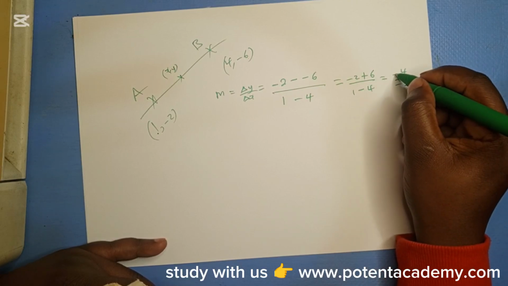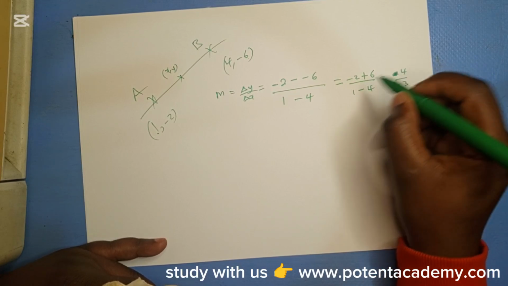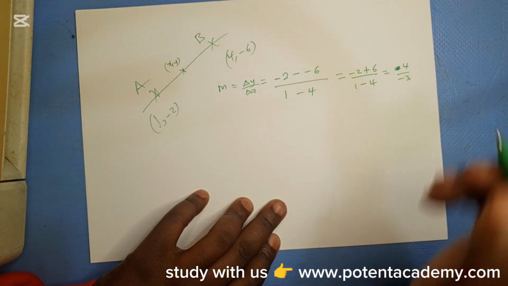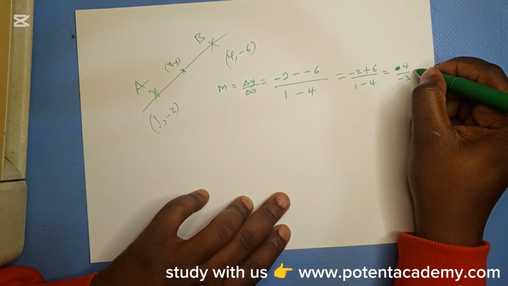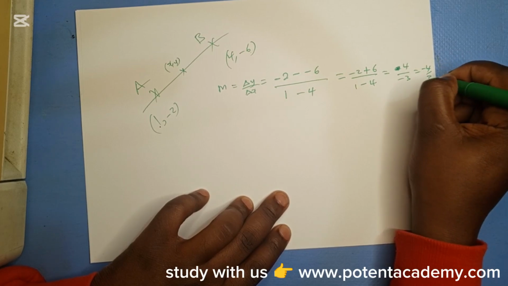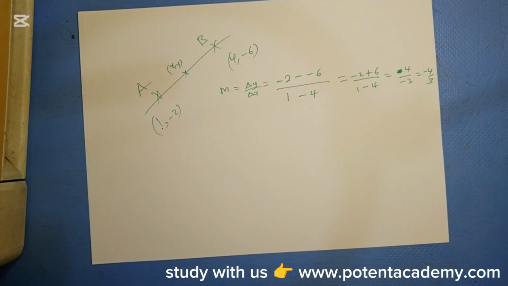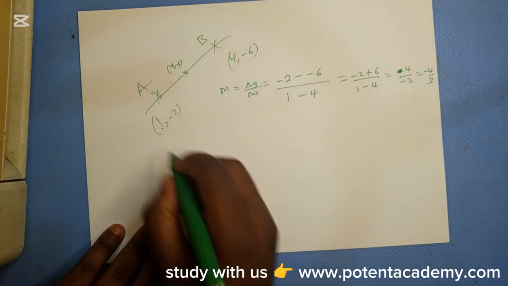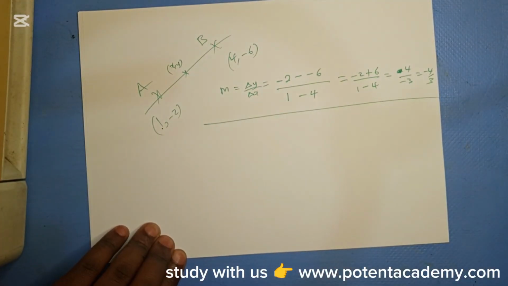Negative 2 plus 6 is a positive 4. So your gradient is negative 4 over 3. You can leave it as an improper fraction. Negative 4 over 3. Good. So that is part 1. Part B